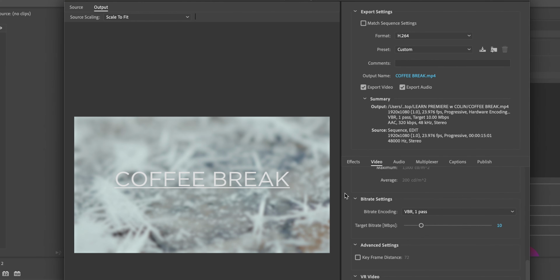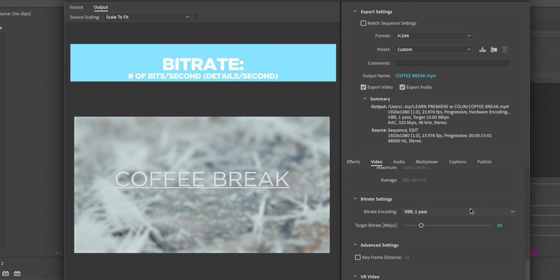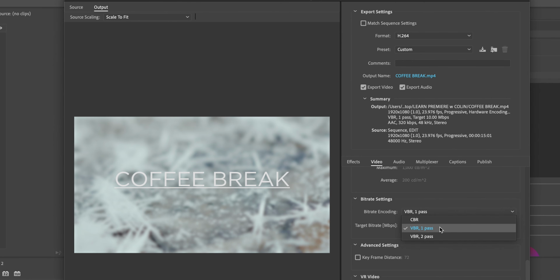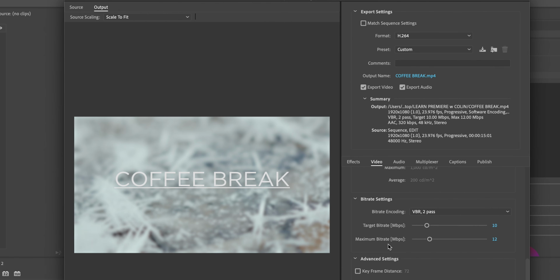And here's one more setting that I just quickly want to talk about because it is super important, our bitrate settings. So this is our lowest version of bitrate. This kind of just makes a rough estimate on the bitrate that we want, and it goes through your video and tries to keep it at this bitrate. If we go to 2pass, what it does is it has a target, which is going to be our average, and then if we have really intensive scenes, we can change our maximum to be something higher. Or if we go to CBR, that means constant bitrate, which means it promises a very consistent quality of our